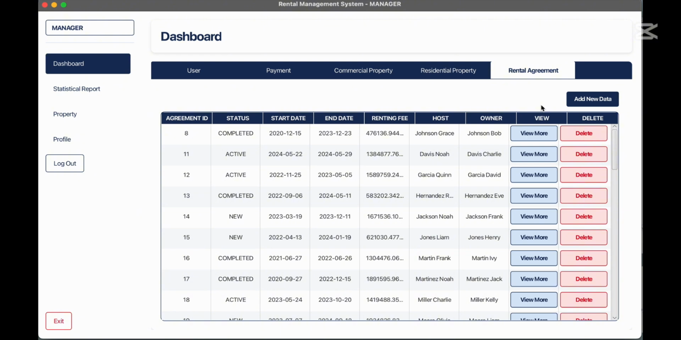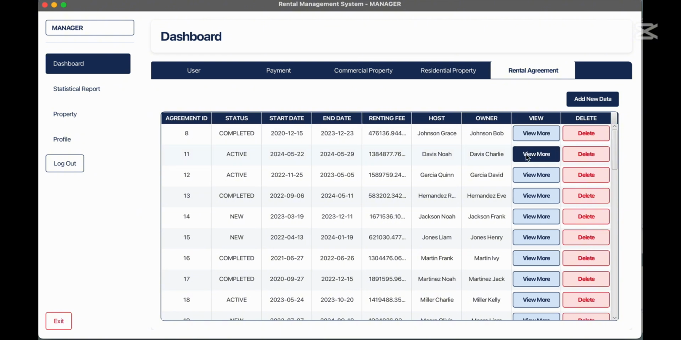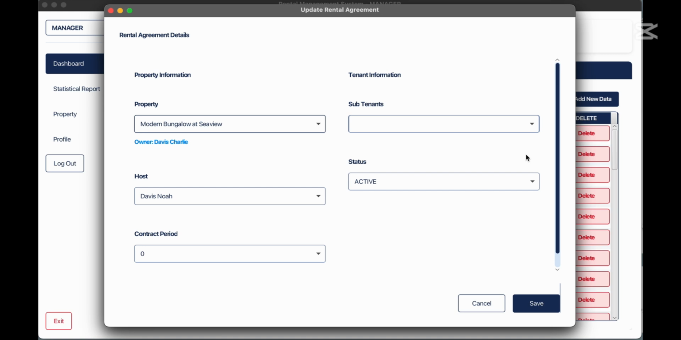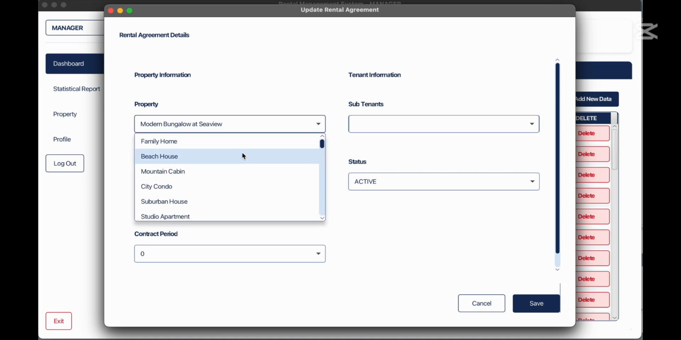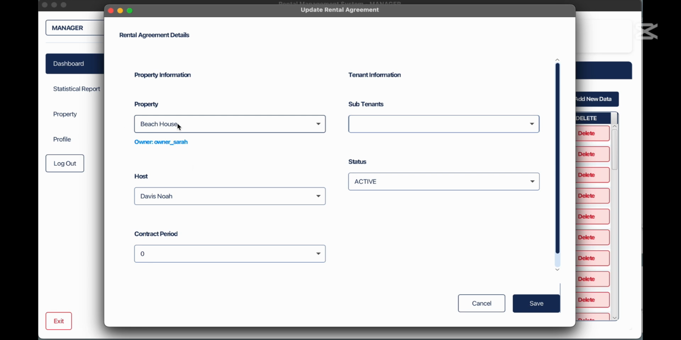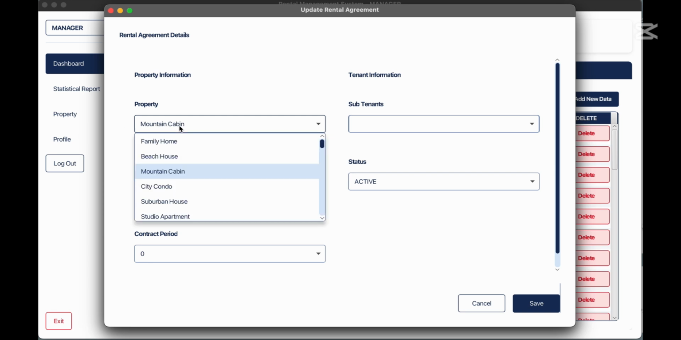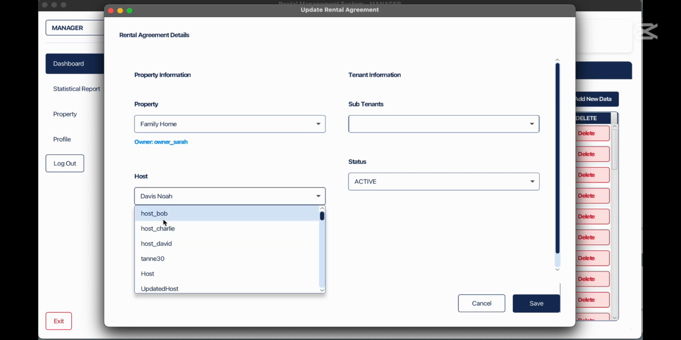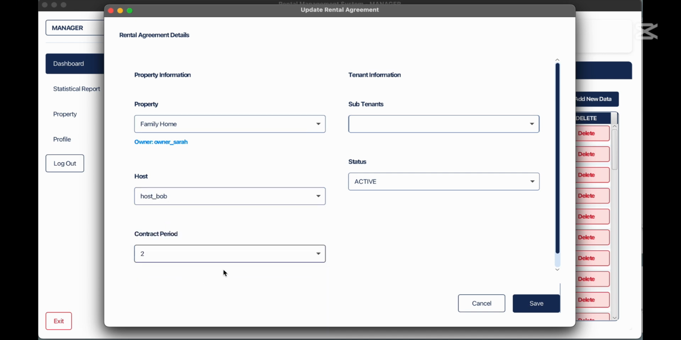Last is the rental agreement. We can view more. For example, I want to view this rental agreement. Okay, we will have the information of our rental agreement here. You can change the property, and the owner will change with the property. You can change the host, and we add the contract period, something like that, and we can click save,